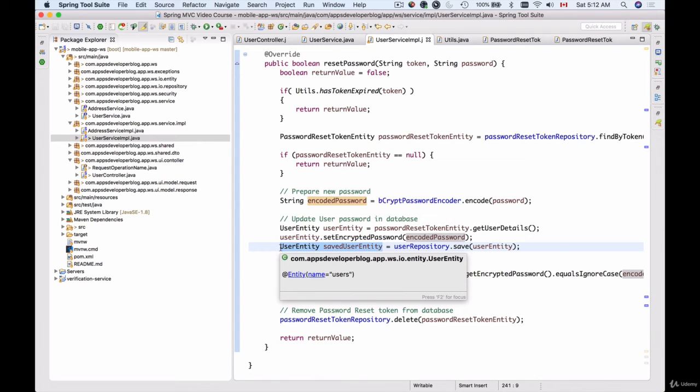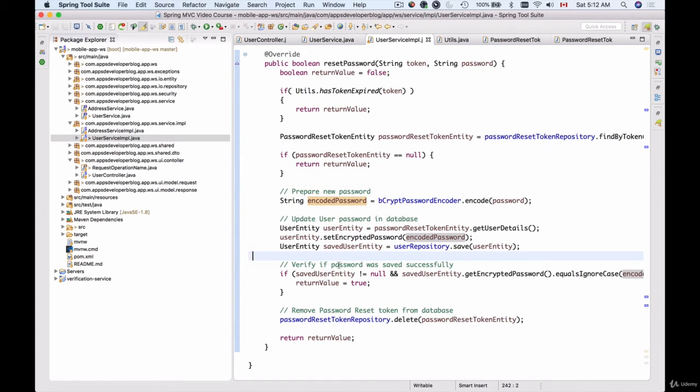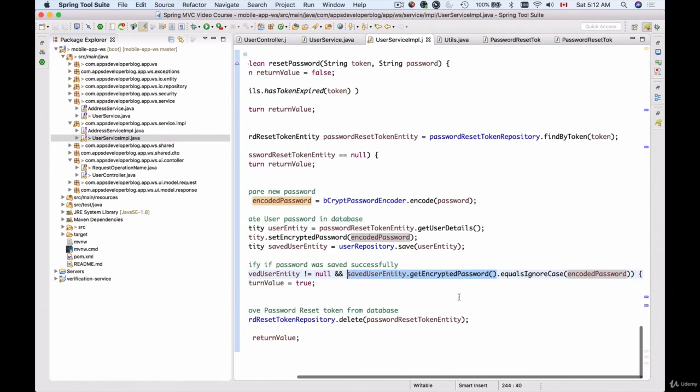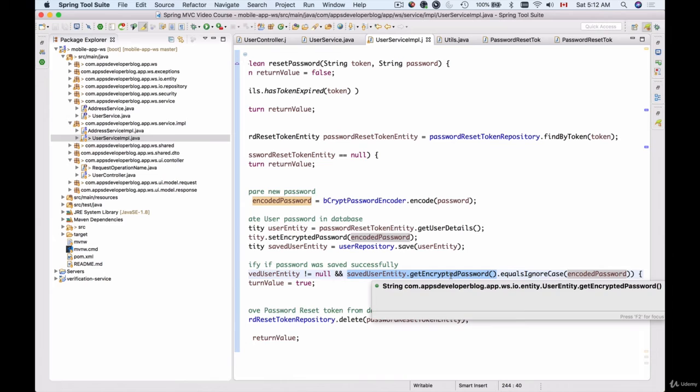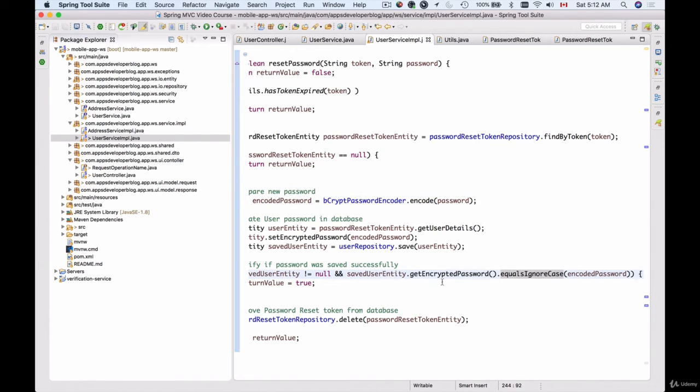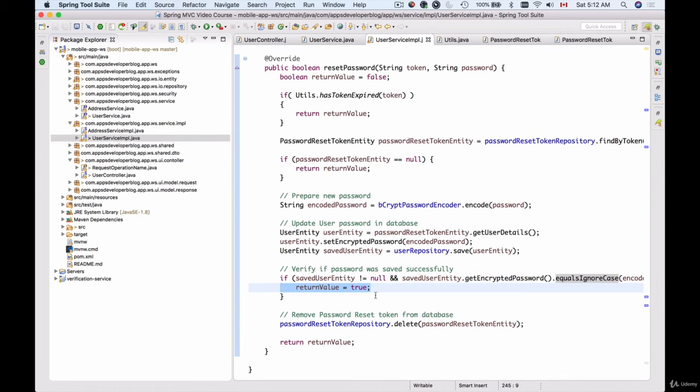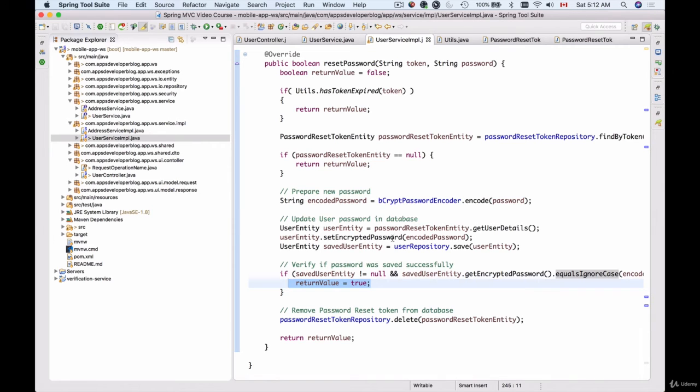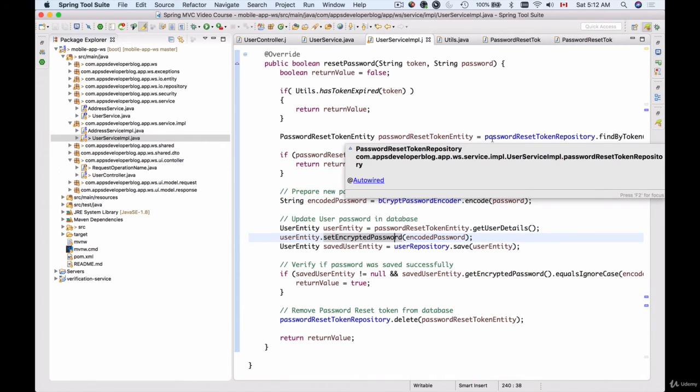Okay, and once this save method is called and successfully executed, an updated user entity object will be returned back to us. So once we have an updated user entity object, we can check if it's not null, and we can take the encrypted password from this object, and then we can check if this encrypted password, which has been stored in the database, is equal to the one that we have generated. So if these two values, the value which is stored in the database now and the value which we have just generated are equal, then we know for sure that the password has been updated. So I set the return value to true, and then the final step, I use the password reset token repository